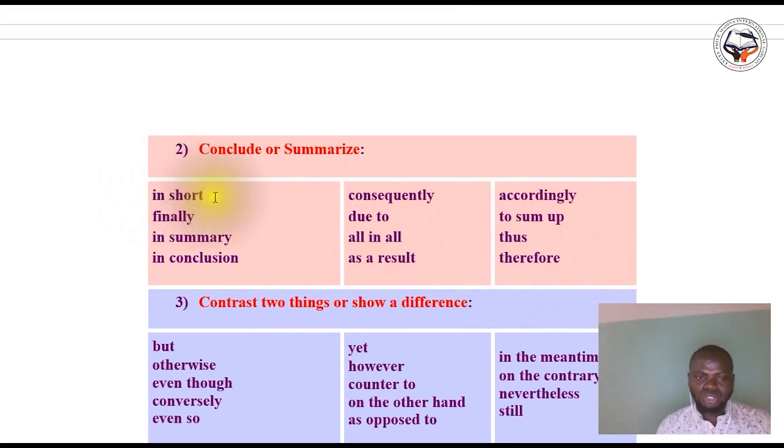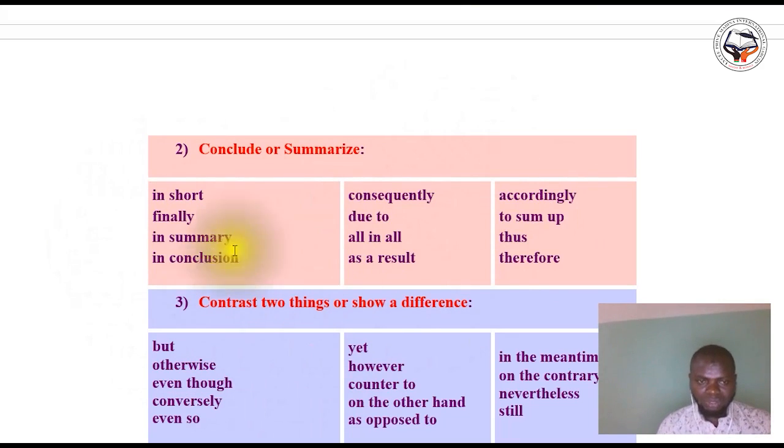You use these expressions when you want to conclude or summarize.